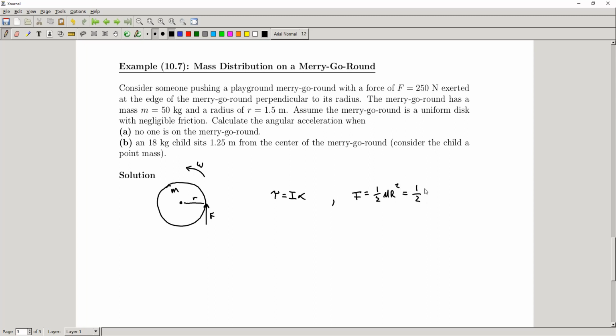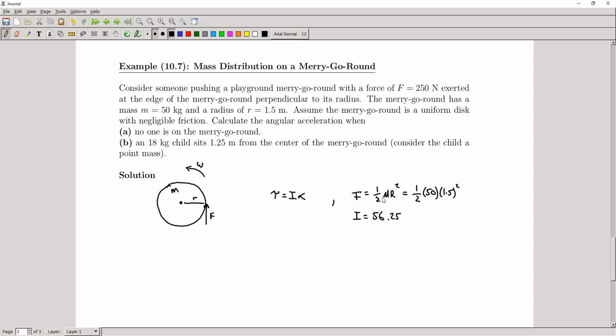We're told the mass of the merry-go-round, our capital M here, is 50, and the radius is 1.5 meters. We need to square that. If you run that through a calculator, you will find that our I is